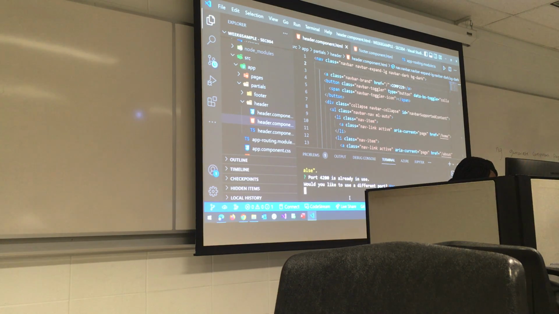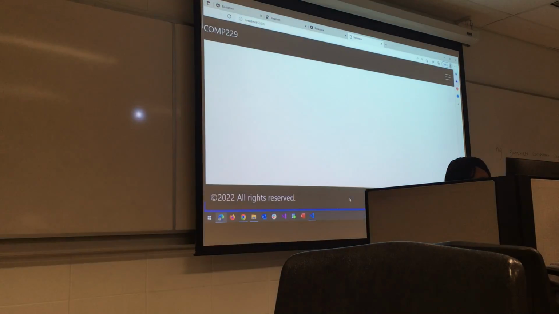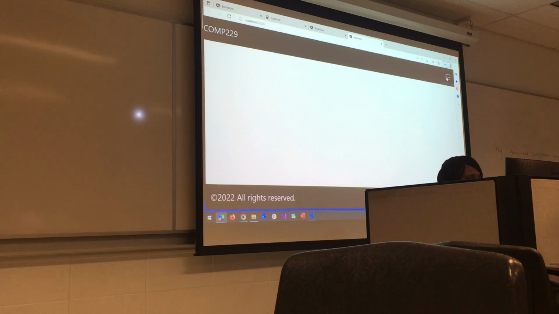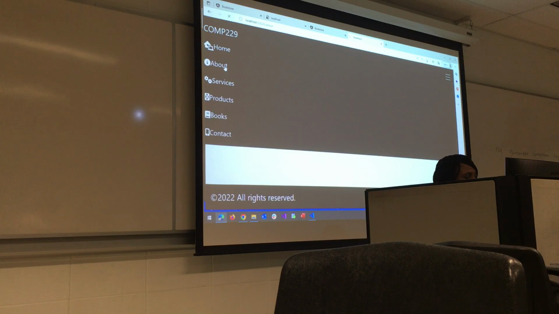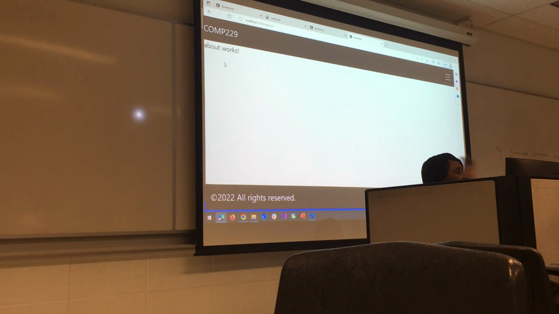I don't know why mine is just changing the ports, maybe because I didn't close it. Okay. So if it's successful, you can check home, you should open the home page, right? It's empty now, but you can add about, should open, okay, about, you still have about works, right? So you can just try it, go and put maybe edit style 1 or something there, it will show up here, right? So we've been able to create all the pages, we bring them to the nav bar, it's working.